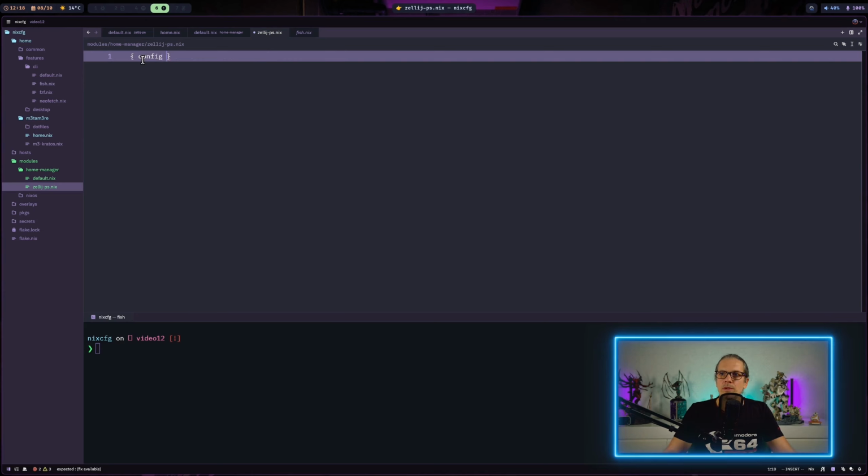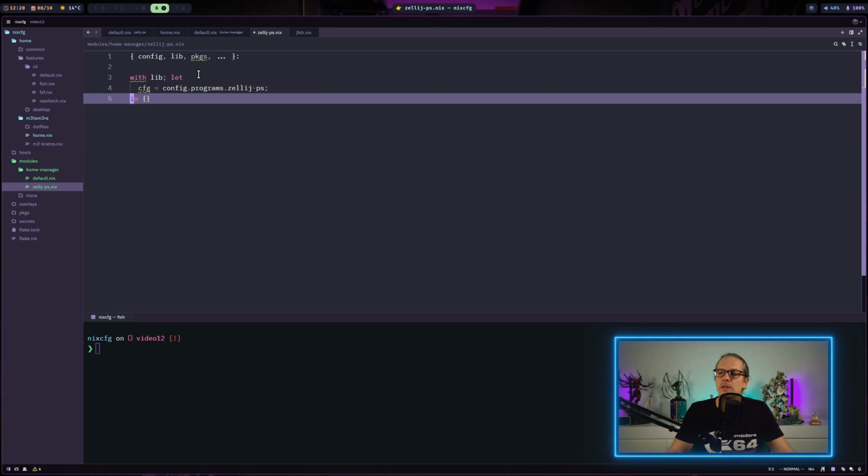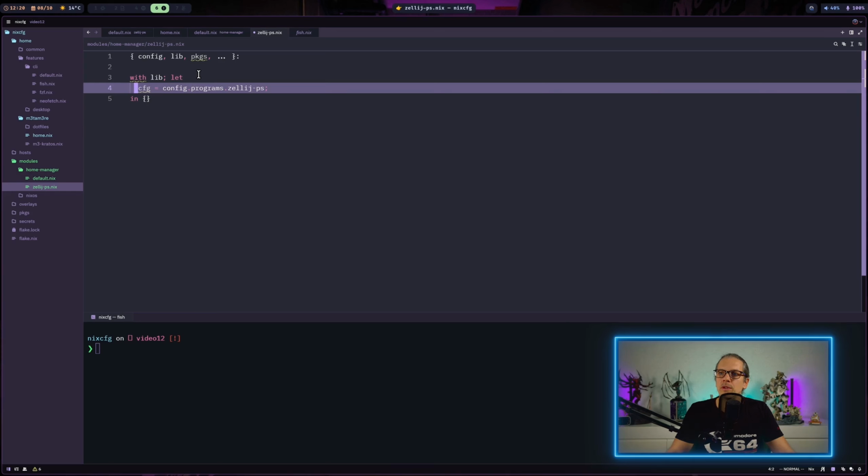So we will start with some function arguments here. Bring config, lib and packages into scope. And I will also add the same shorthand as we had on our feature sets here. So we are basically setting a variable config to shorthand config programs.zellij-ps.